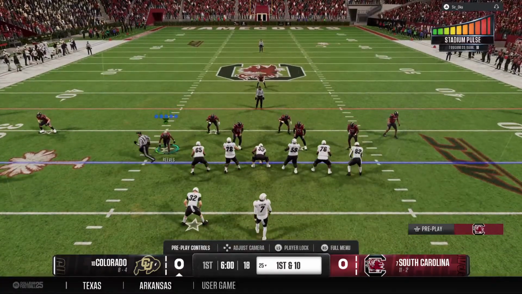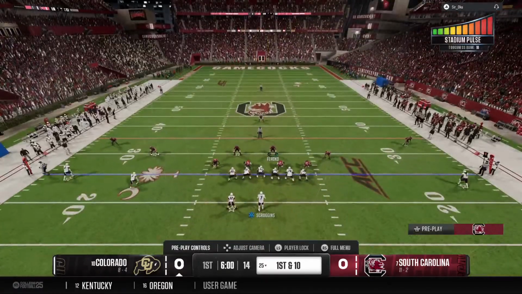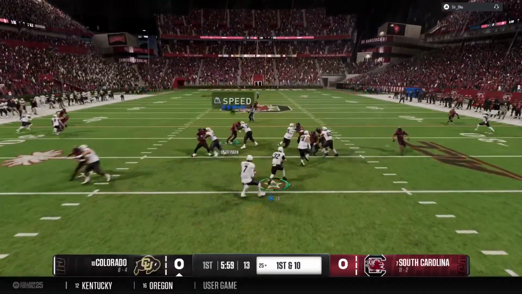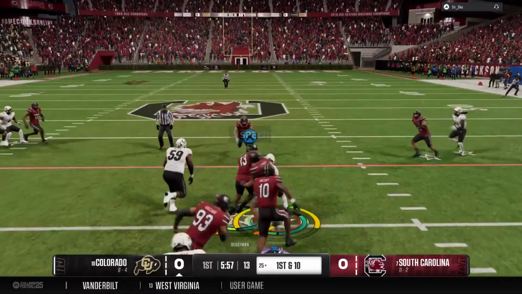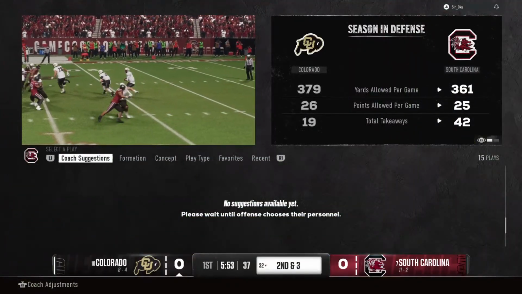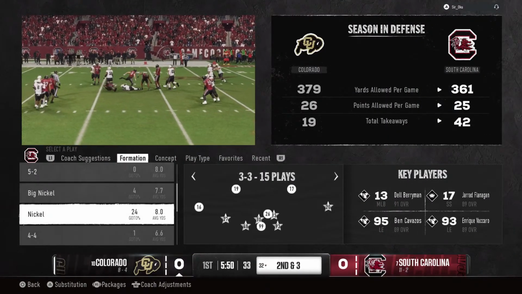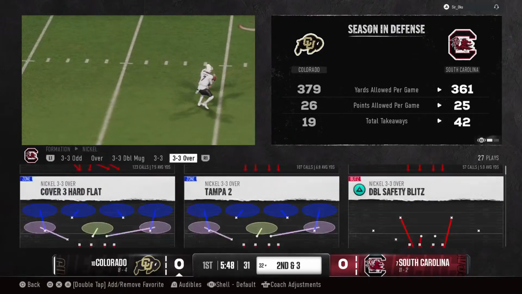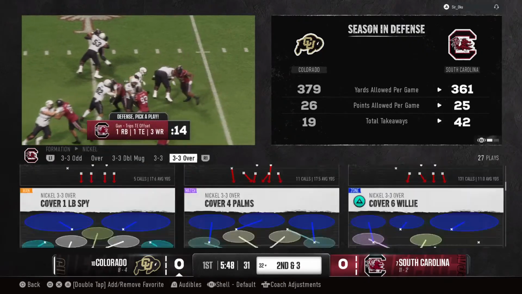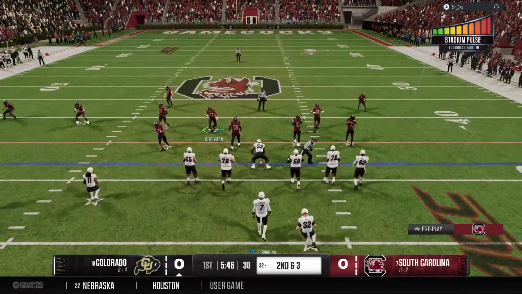Listen to the crowd energy here in the early going. This is a tough environment for visitors. On the shotgun, it's a handoff. They've got him after a 7-yard gain, so 2nd and 3. Boy, after all the buildup and all the hype with a playoff game, you'd love to see the offensive line take control here on this first play. Just establish an identity. Let this defense know who they're facing.